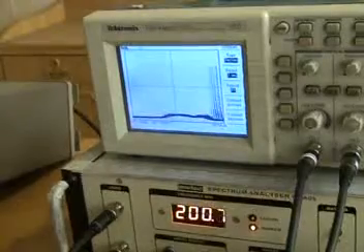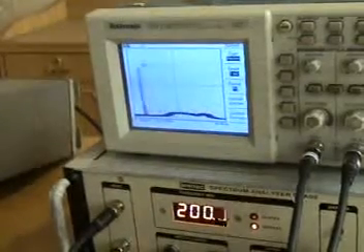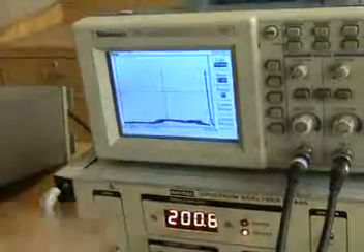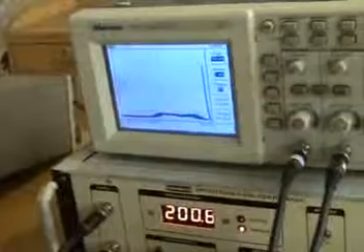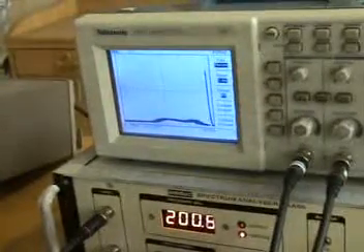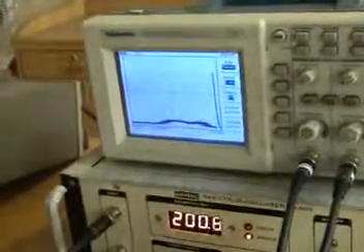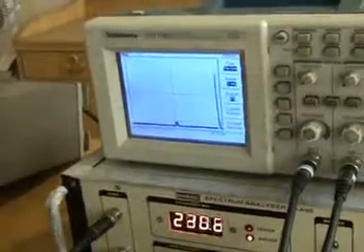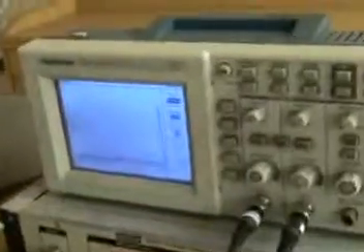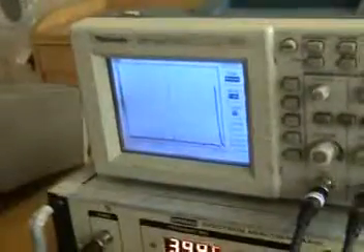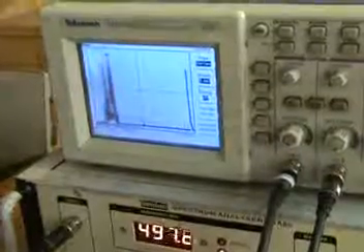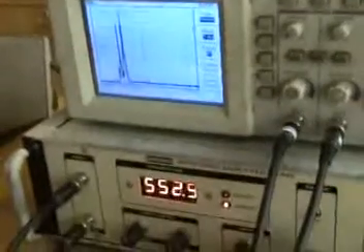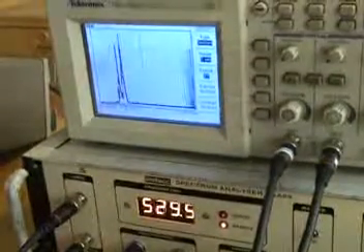So the horizontal scan per division is around 80 kilohertz. It is much lower if we further reduce the sweep width. It can go up to say 50 kilohertz for that matter. And if we decrease the sweep width by turning the pot clockwise, mind it, the video filter is switched on for better display, and if we change the marker, say like right now it is reading 550 megahertz and